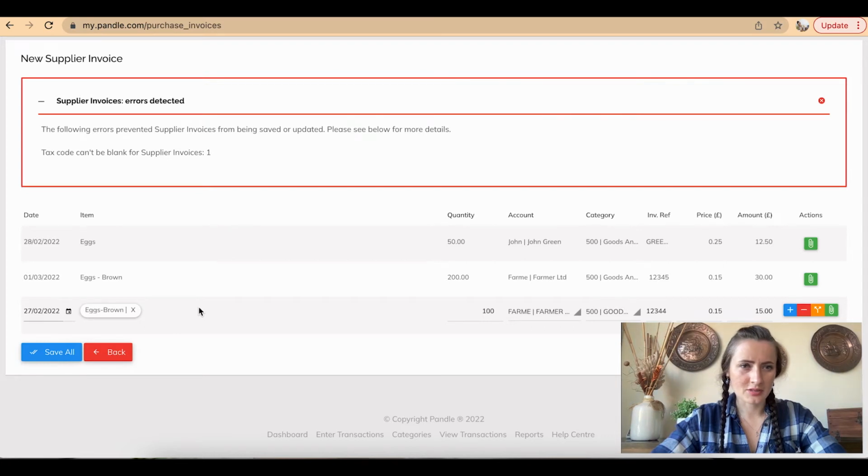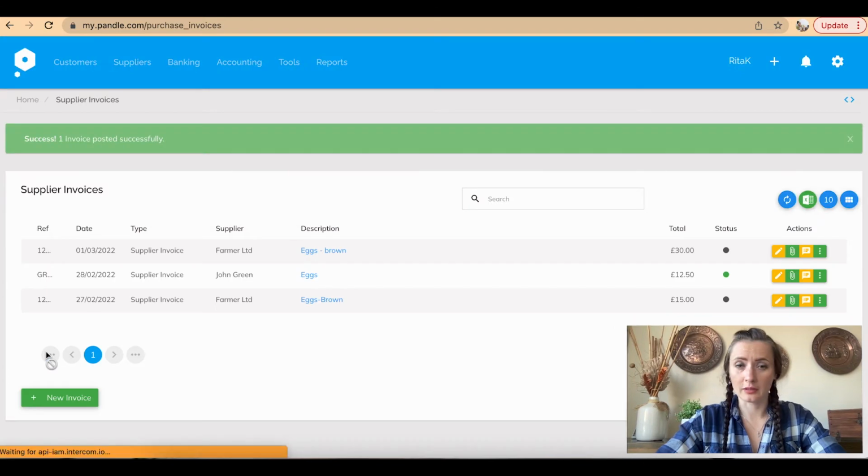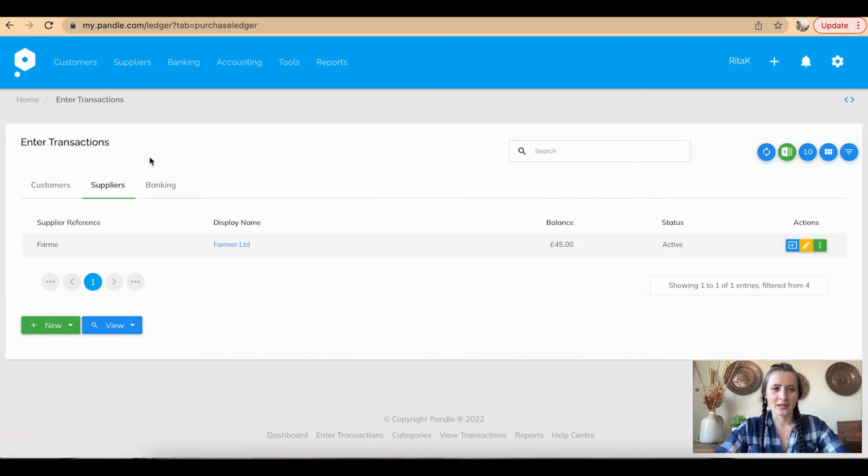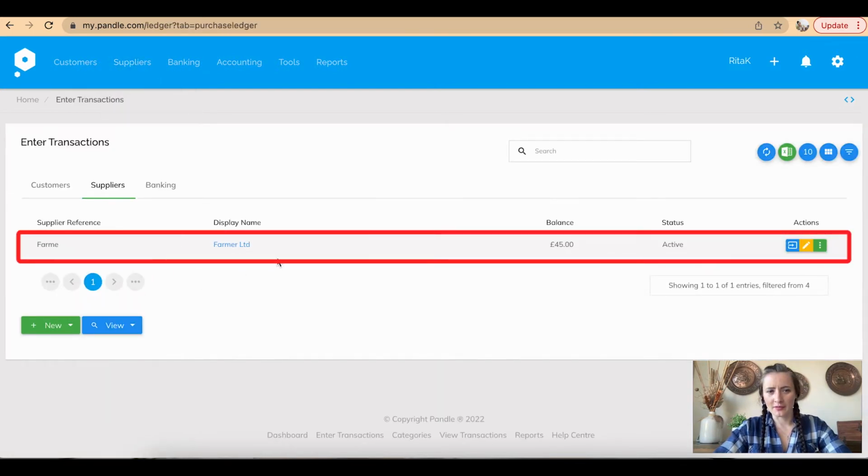Okay, tax code. I cannot see tax code here. Okay, that might be a blip of a system. There shouldn't be any tax code things going on. Okay, so now it's showing both invoices here, and when we go back to suppliers, there is our supplier Farmer